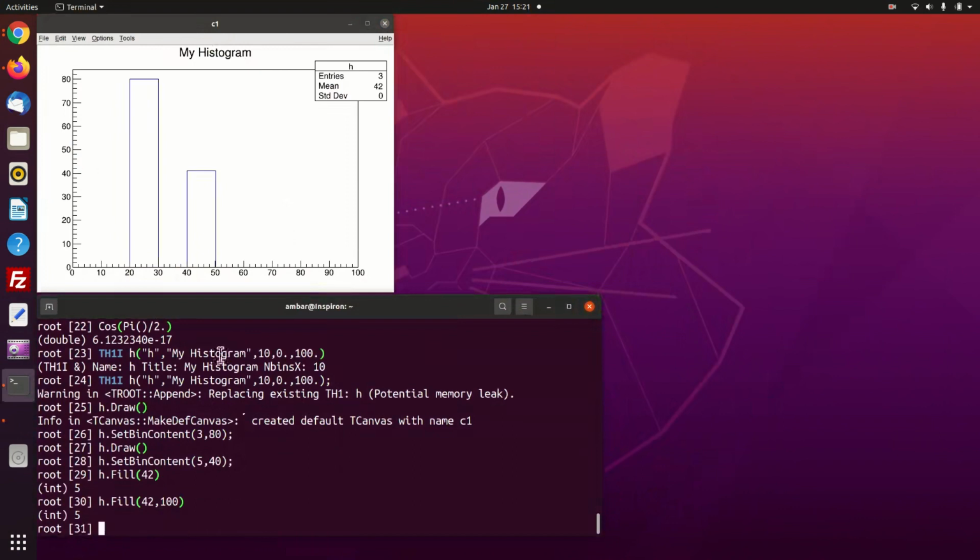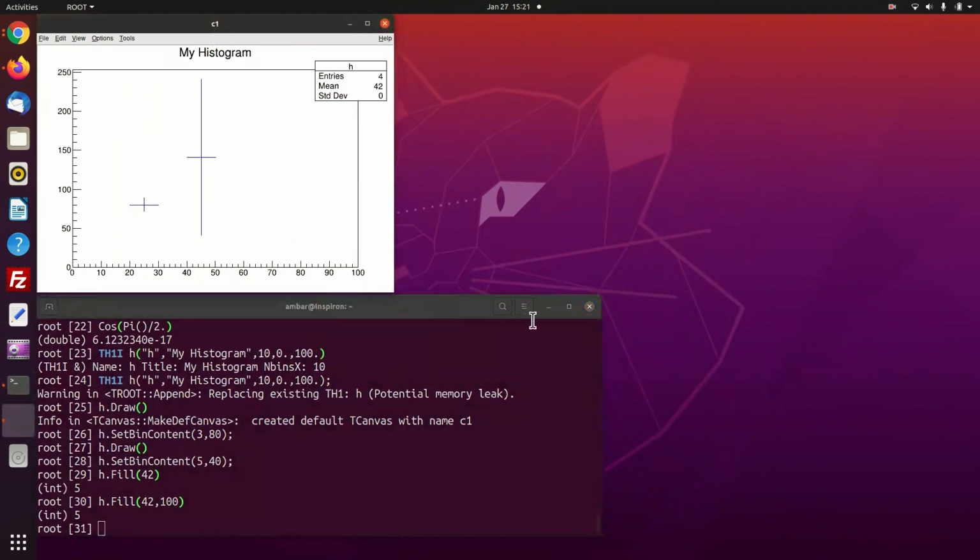So I did it, and now when I clicked it, you see what I got. Somehow the things have got apparently disturbed. Actually nothing much has happened, but the display of histograms is having more than one form in which it can display. This is called an error bar display of a histogram. So when I tried to fill it like this, it thought that I am interested in the error bar plot. Actually, I am not. So I should go back to the normal type of plot,